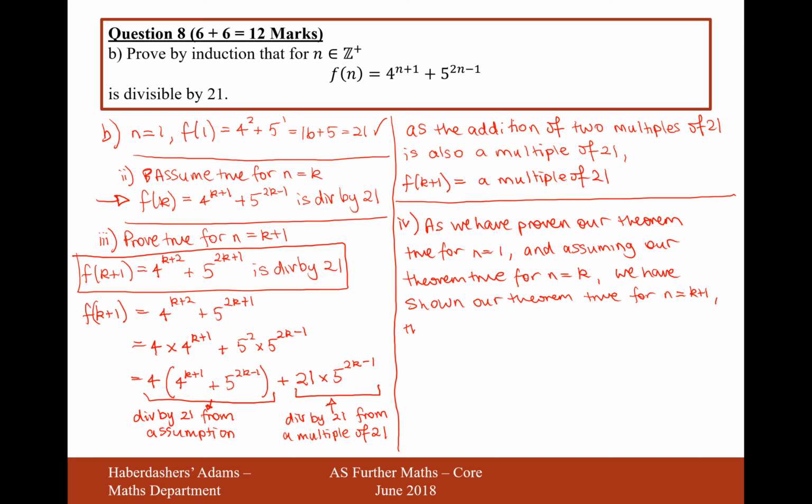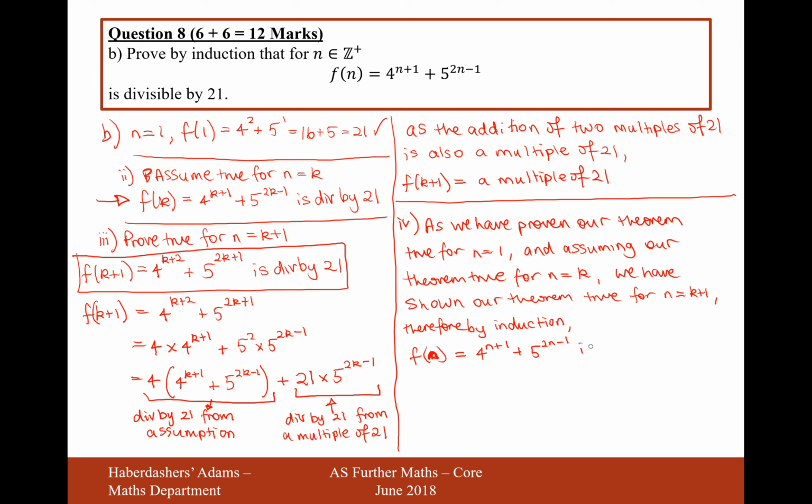Therefore, by induction, f of k, so f of n rather, because we go back to the n's, don't we? F of n equals 4 to the power of n plus 1 plus 5 to the power of 2n minus 1